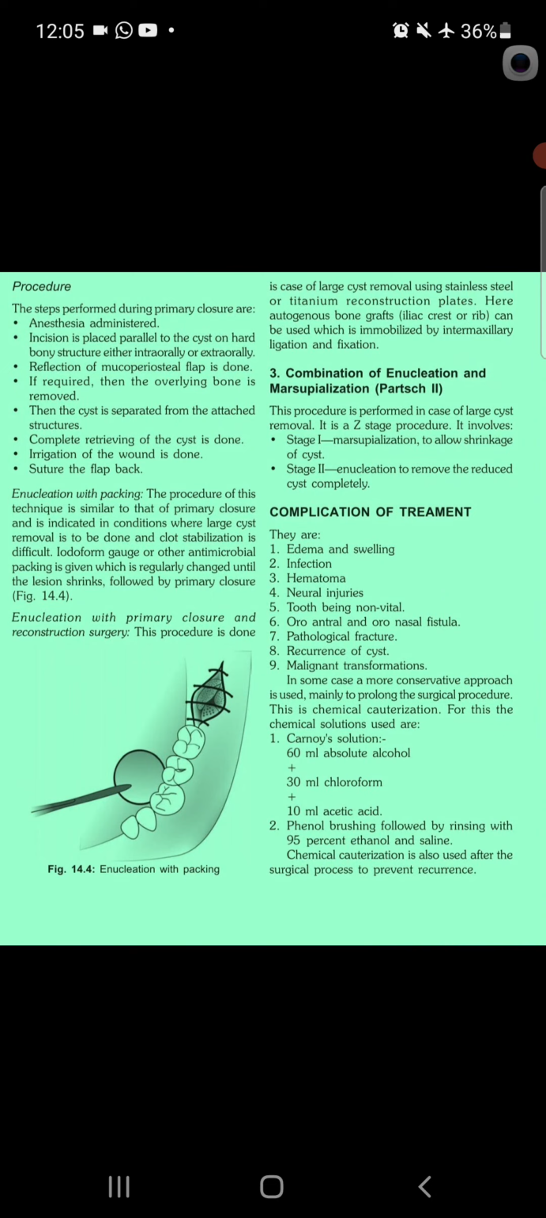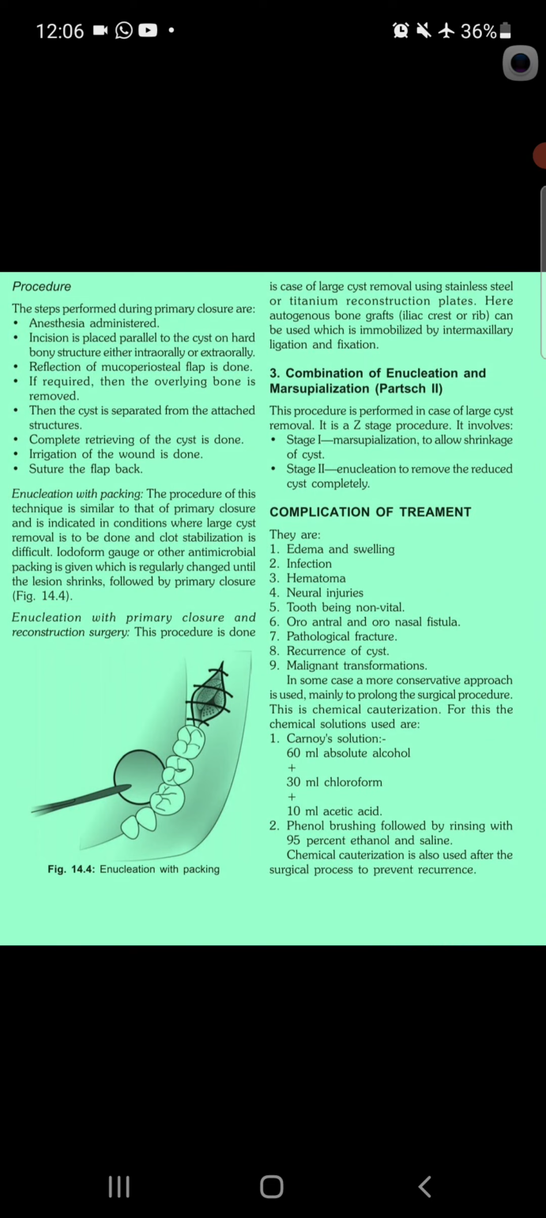Here autogenous bone graft taken from iliac crest or rib can be used, which is immobilized by intermaxillary ligation and fixation. Now come to the third procedure, which is a combination of enucleation and marsupialization, known as Partsch 2. This procedure is performed in case of large cyst removal. It is a two-stage procedure. It involves in stage 1 marsupialization to allow shrinkage of the cyst and stage 2 enucleation to remove the reduced cyst